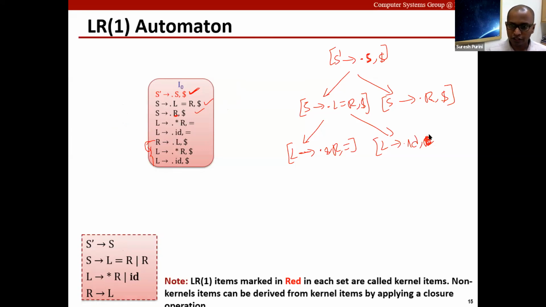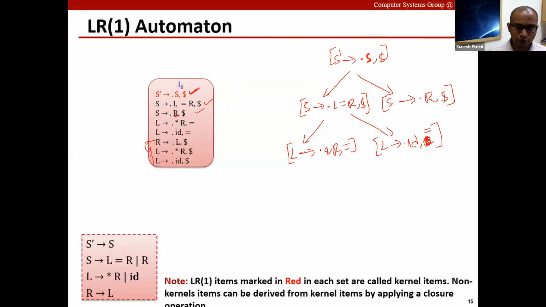Yeah. So this should be equal to. I'm not able to use the eraser. So like that, you see the different ways in which the story can unfold is nicely captured in the state I naught of this LR1 automata.